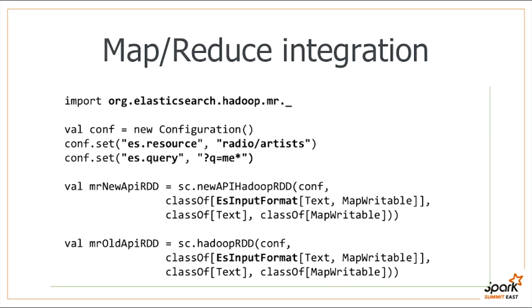I mentioned the MapReduce integration. You can use that. It's pretty simple, right? We provide an input and output format. You can just plug that in with a bit of configuration, such as what resources I'm accessing, in this particular case the index, whether I have a query or not, plug that into the Spark context, and get the results back. Holden Karau from Databricks had a presentation about that at the Summit last year. And again, this works, but that was last year.